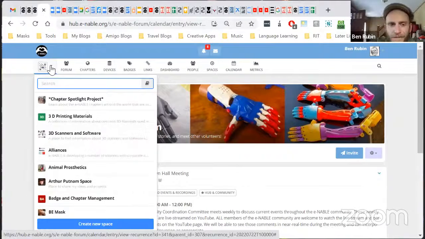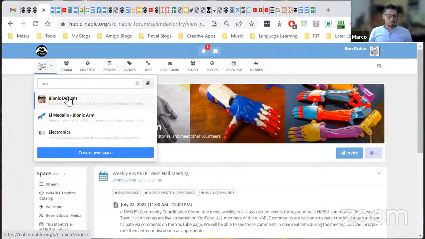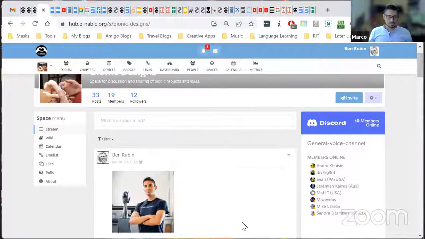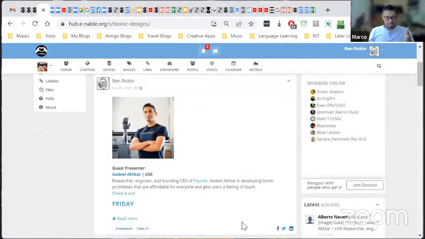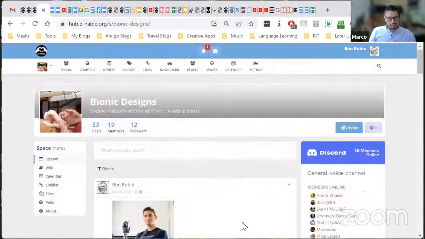So eventually I would like to be able to make more complex hands. Yes, this is what you are showing right now. The first is this